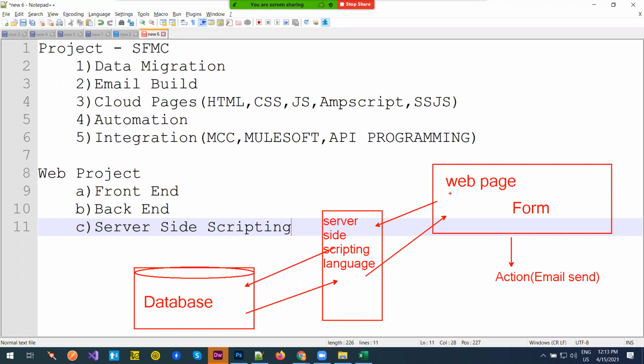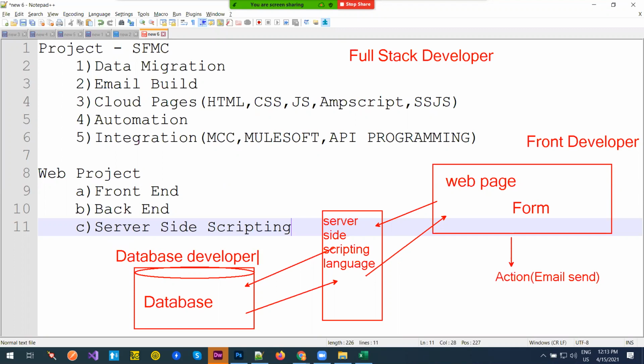If you know to do all the three, then we call them a full stack developer. If you know only the web page part, then you are called a front-end developer. If you know only to do database, then you are called a database developer or back-end developer.